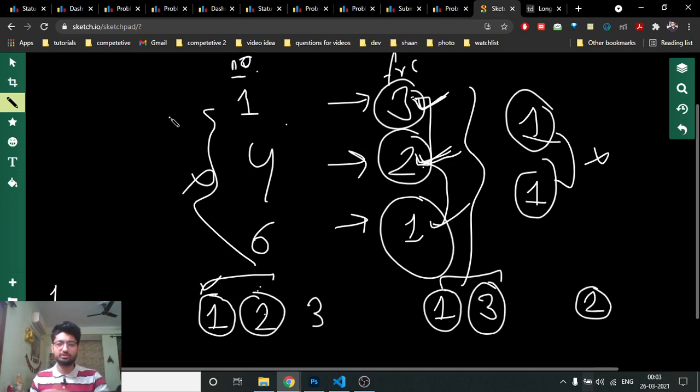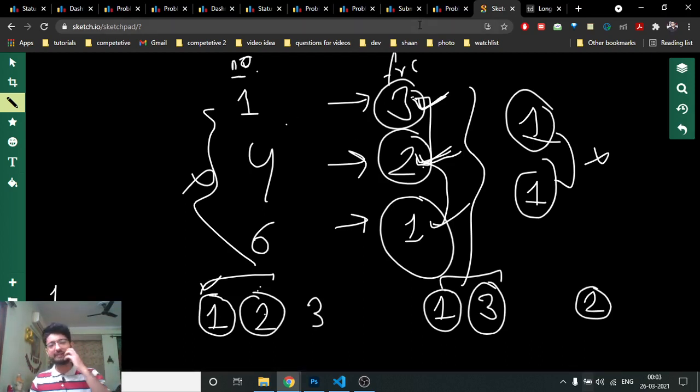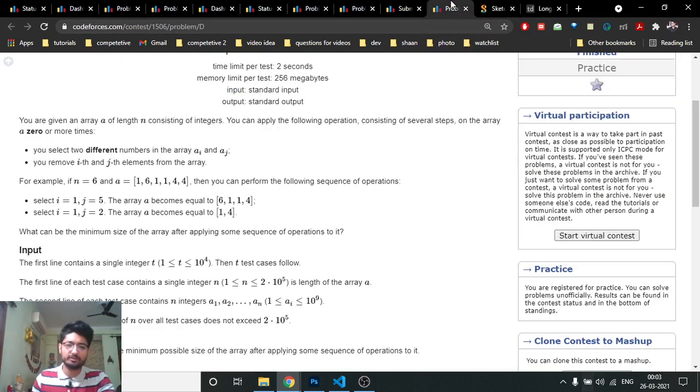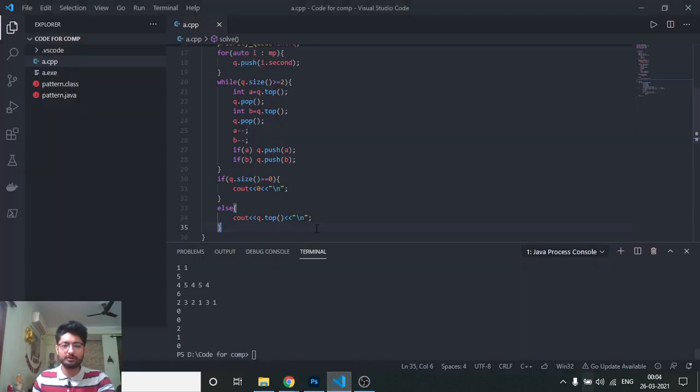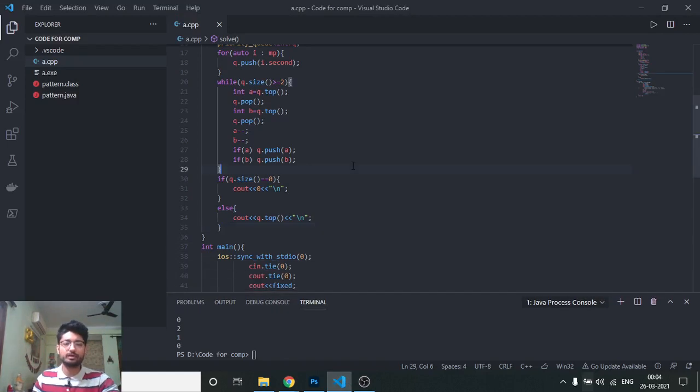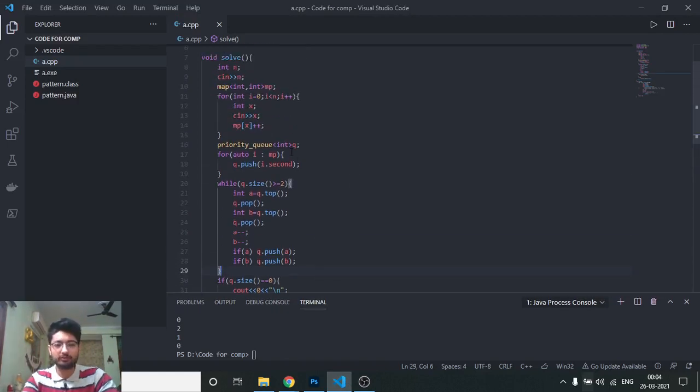So we have to also ensure that case, which means that I should not push 0 in the priority queue, which means that there is no element left, because in the end we have to come to an end also. So that's the logic for this problem. I can show you the code part now. I will be posting the link of this problem in the solution.